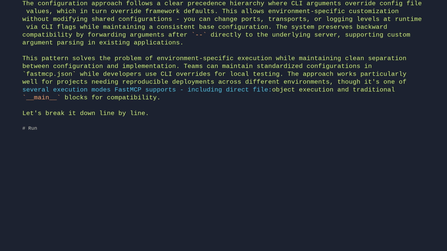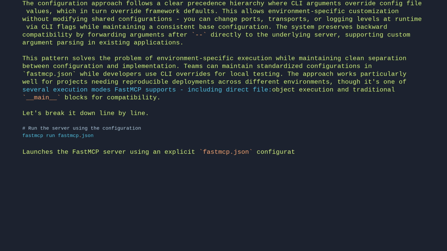Run the server using the configuration. fastmcp run fastmcp.json. Launches the fastmcp server using an explicit fastmcp.json configuration file. The CLI auto-detects